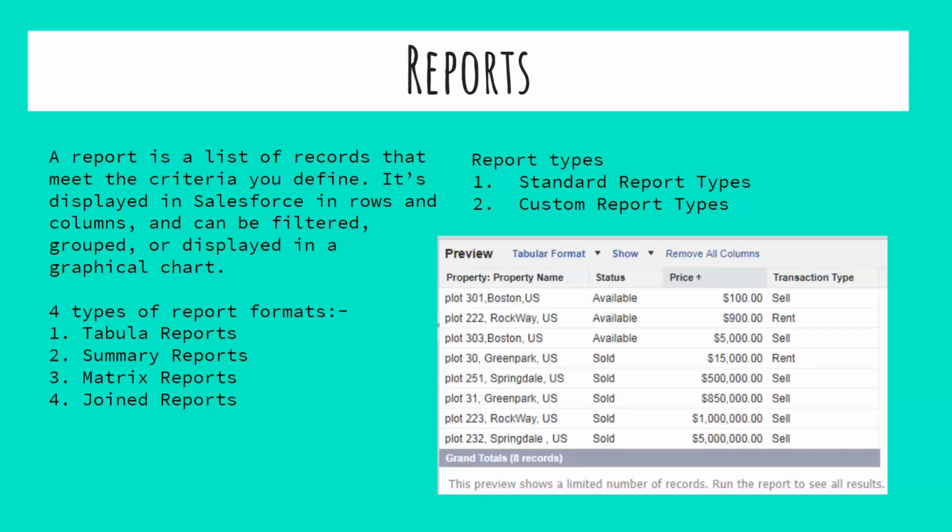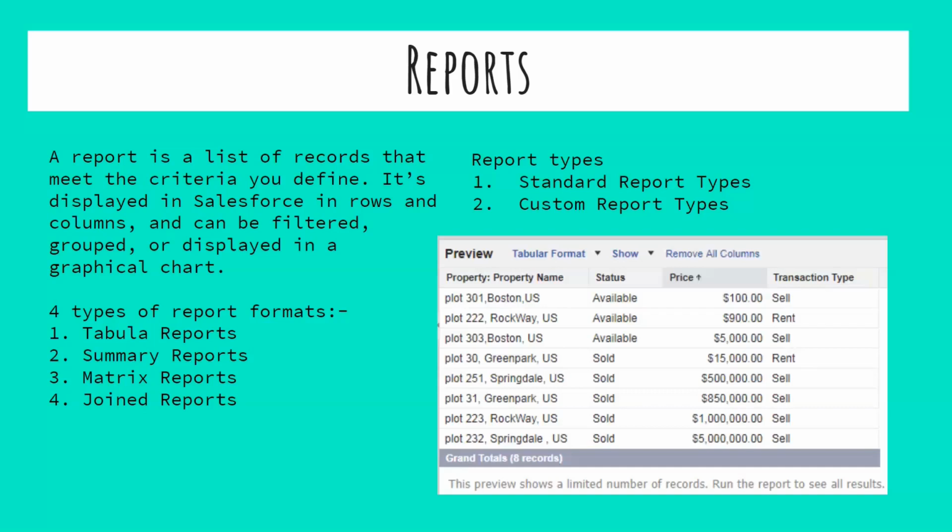Next one is a matrix report. A matrix report allows you to group records both by row and by column, so it is a comparison of related totals with the total by both row and column. Use a matrix report when you want to see data by two different dimensions that aren't related, such as date and product. For example, you can summarize the opportunities by month vertically and account horizontally, so you know in which month and which account gave the most amount. This type of report we do in a matrix report.